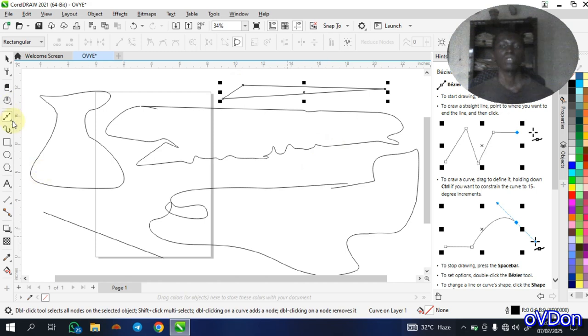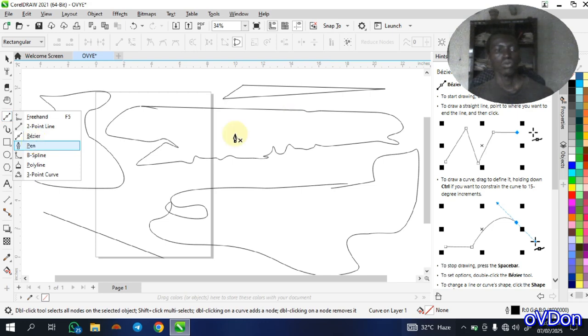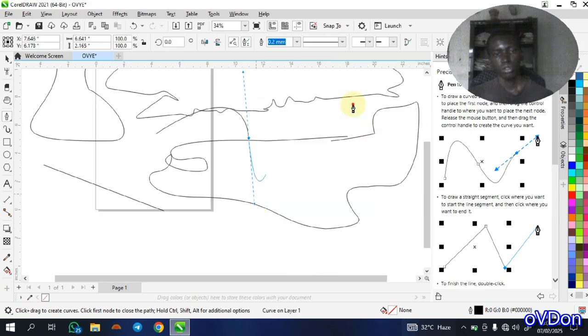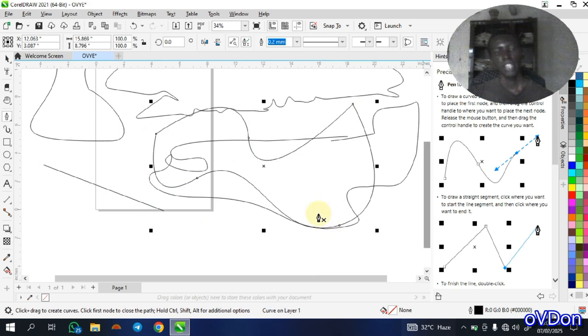The next one is the pen tool. The pen tool is used, or you can use it, to create any shape. First of all, this is what the pen tool can do, and you end it at the same node as the beginning node. Now the pen tool can also draw points, but by holding Control,